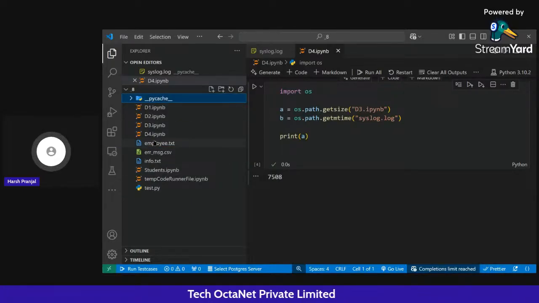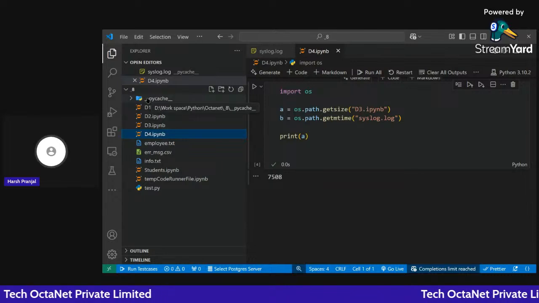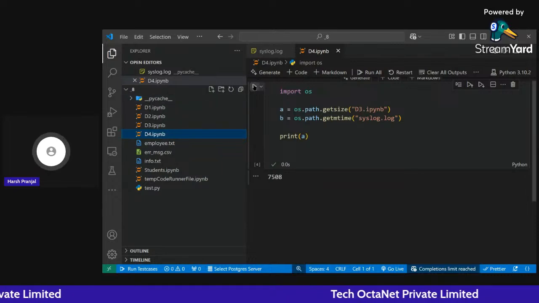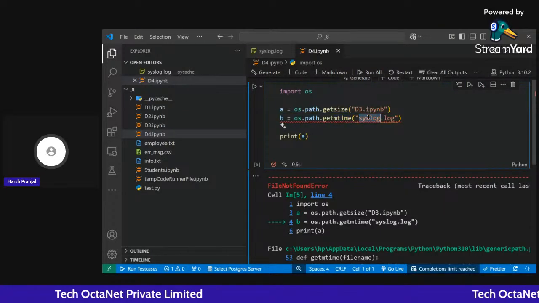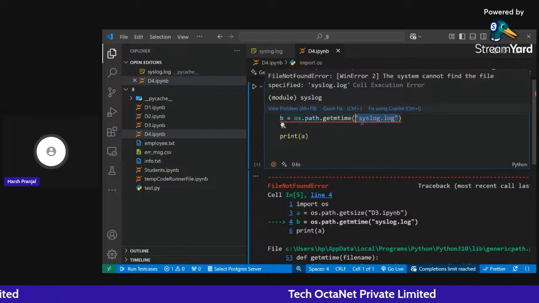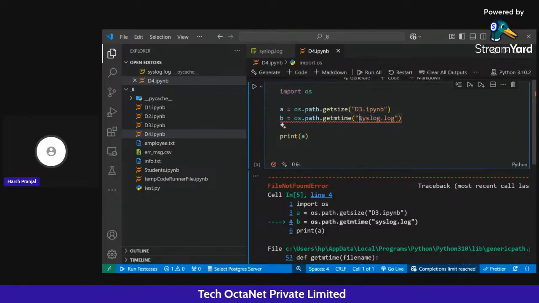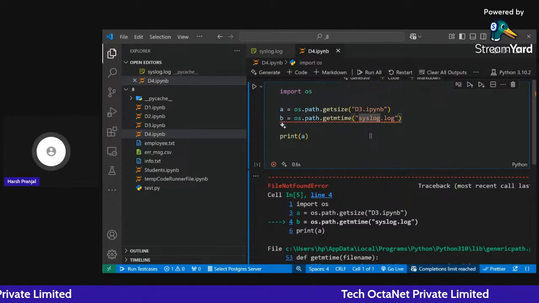Means my Python script is written in this folder, but my system log file is present in another folder. I will get an error, and the error is that Python is not able to find this particular file. So whenever I am working with any file system, I have to provide the absolute path to that particular file. In this case, the absolute path will be,